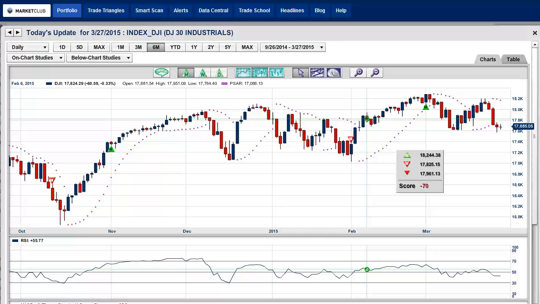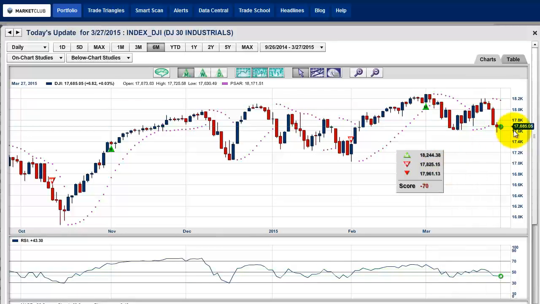It's Friday the 27th of March, and we're going to be looking at the markets in a little bit different way. We're looking at right now a daily candlestick chart of the Dow, and you can see the score is 70. You can see that our monthly trade triangle is positive, indicating the longer term trend is up. And our weekly trade triangle is negative from